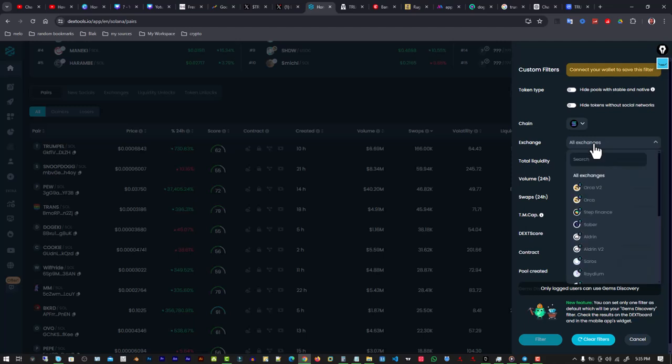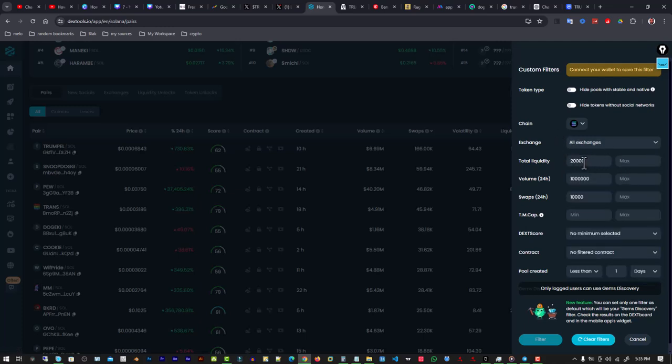Then the next thing you want to choose is exchange. You want to use an exchange that has high volume, but I'll just leave it at all exchanges. Now under total liquidity, you want to put about 20k here. Then under volume, you want to put at least a million and above, and then where it says swaps, you want to put